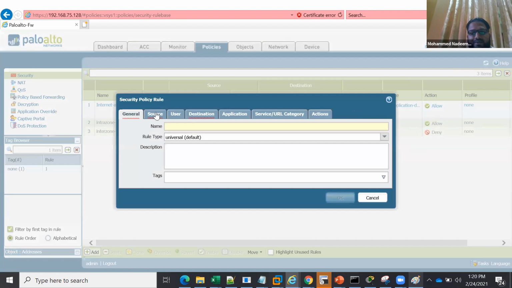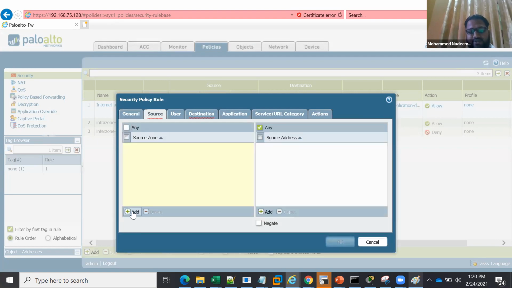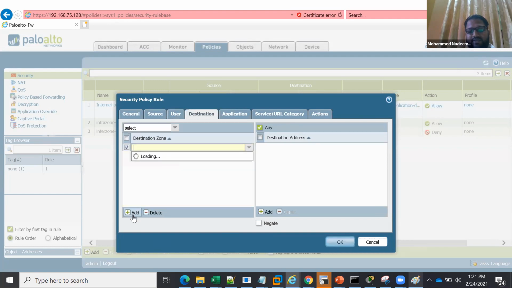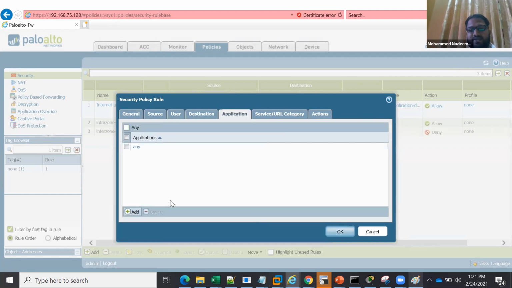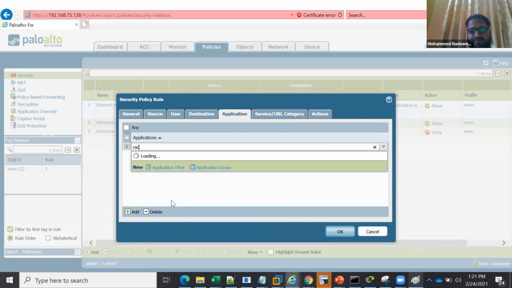Let's say inside to DMZ. Our other requirement is inside users connecting to DMZ servers. So now, what is the source this time? Source is the inside. Destination this time is the DMZ zone. Application: instead of the port, let's say we have Oracle servers here. So Oracle,